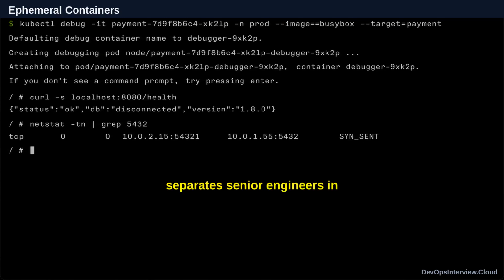Here's the one that separates senior engineers in interviews. Ephemeral containers. Your payment service uses a distroless image. No shell, no curl, no netcat, nothing. You can't kubectl exec into it for live debugging. Before ephemeral containers, you'd rebuild the image with debugging tools, redeploy, and hope the bug reproduced. Nightmare. Now you run kubectl debug -it